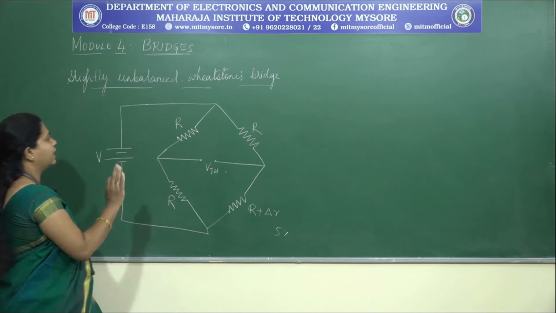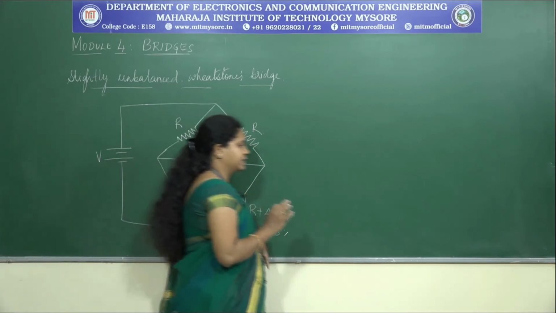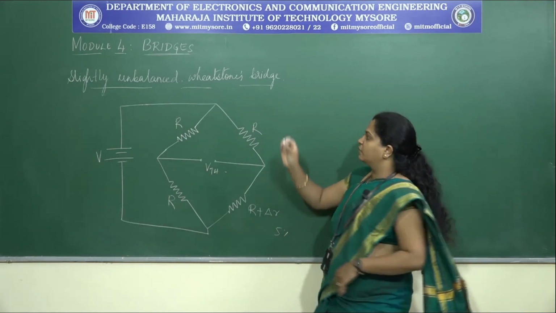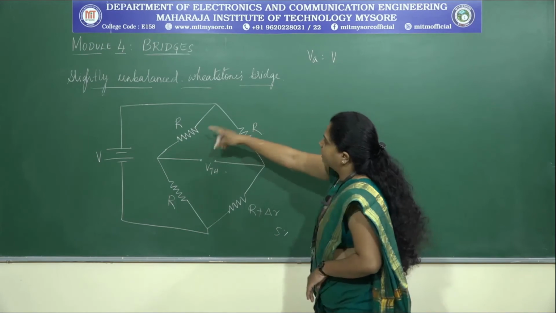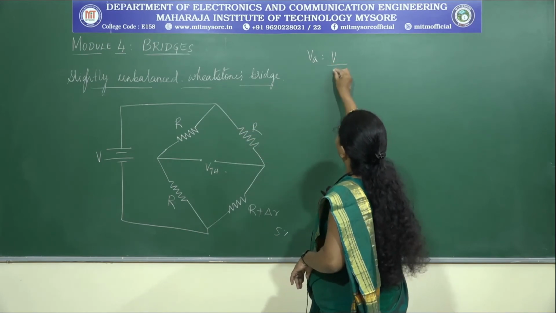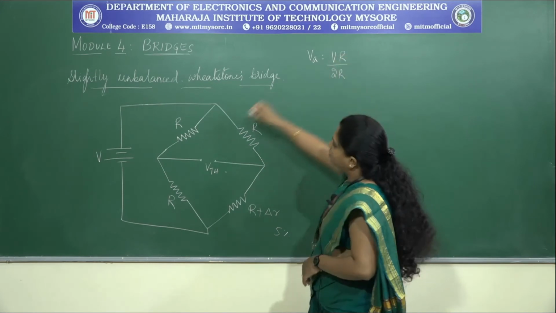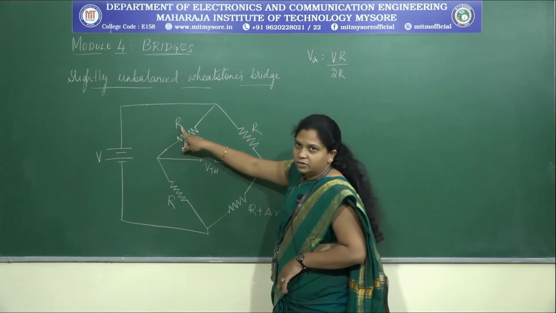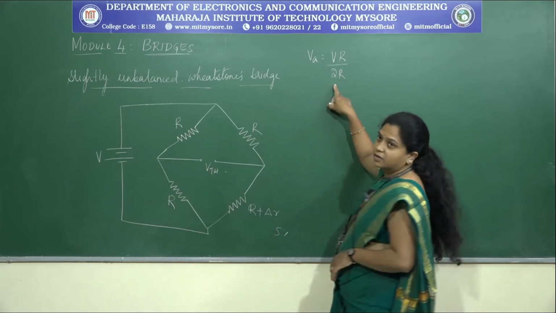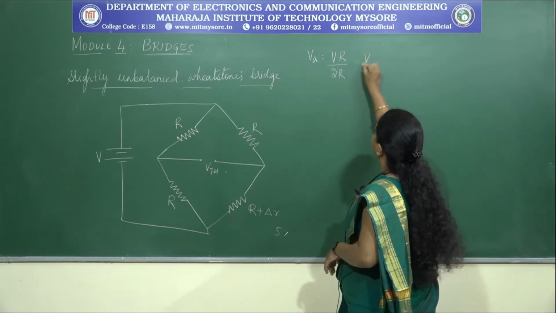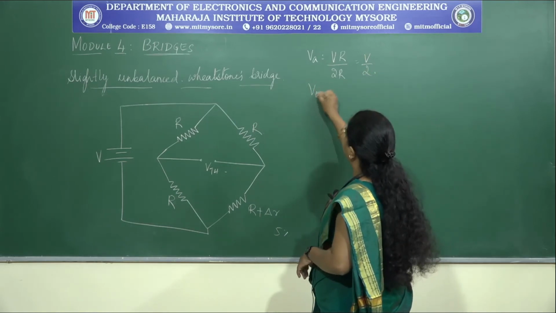So, now coming back to the analysis again. Now, at point A and point B if we consider, what will be the voltage across point A now? Point A will be equal to V divided by 2R. So, here coming to the point we can take the total voltage into the resistance, addition of 2 resistance. Okay, so here can we write it as V by 2. Okay, similarly at the point VB,